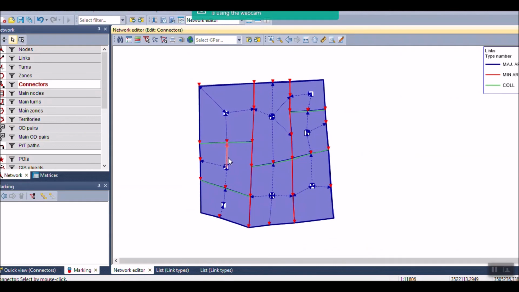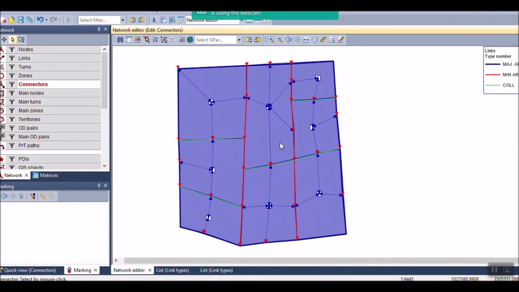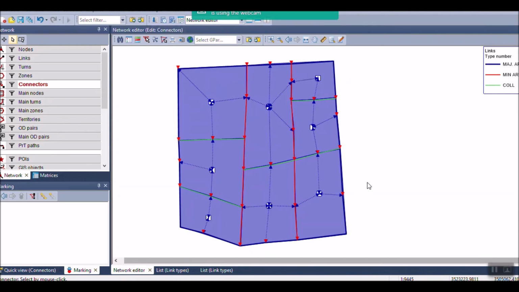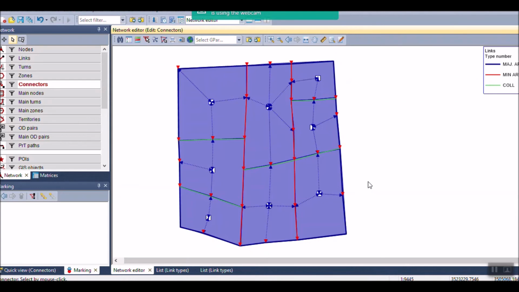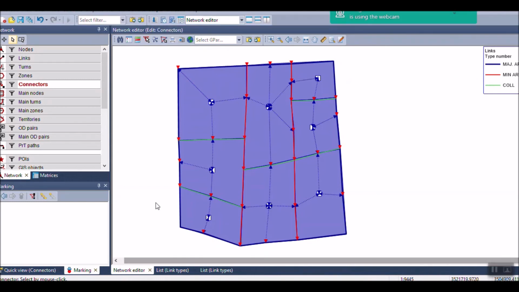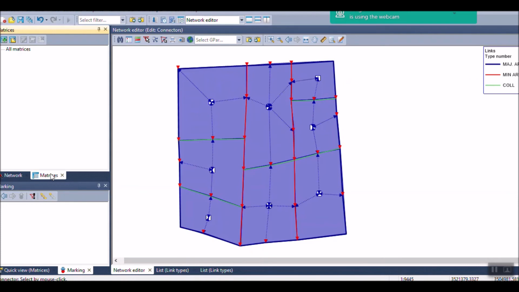So the next thing we are going to do is calculating the Skim matrix. Our network is now ready and done. So we are going to calculate the Skim matrix. Okay, in order to generate the Skim matrix, we are going here to the matrices. You can find it here. In some versions, you can find it somewhere here. So I select the matrix here, select add,